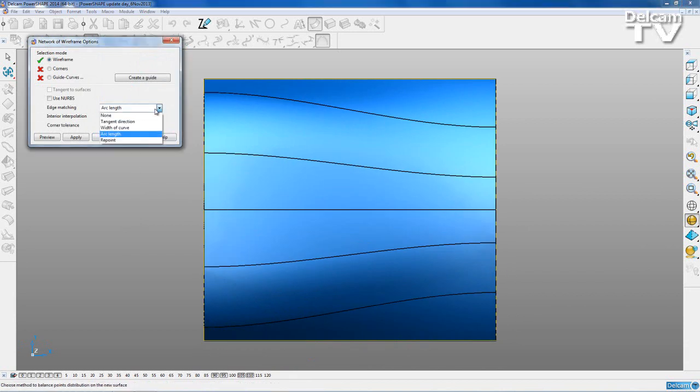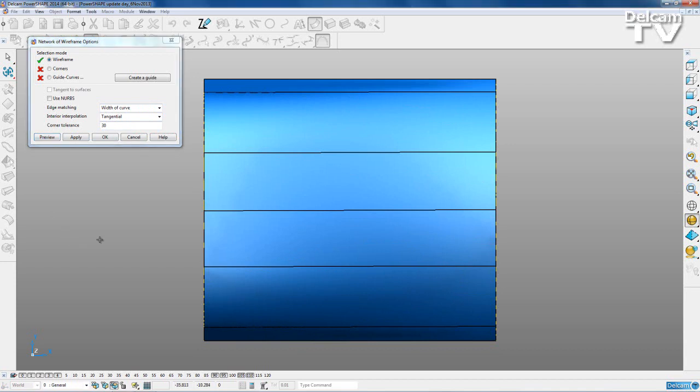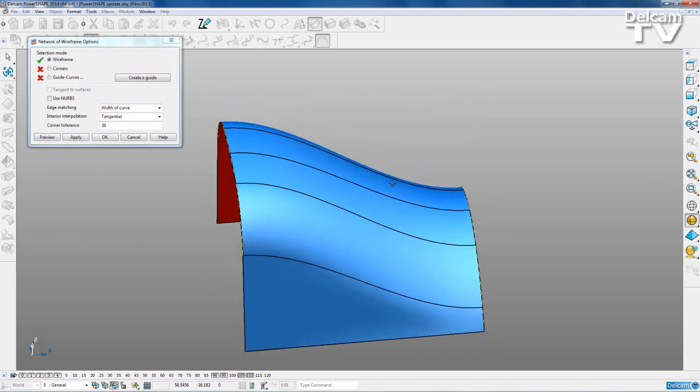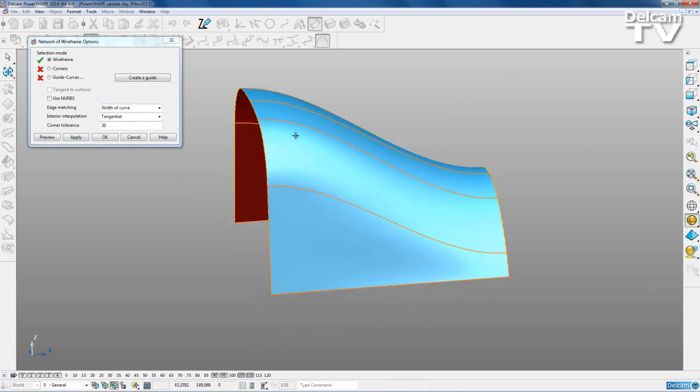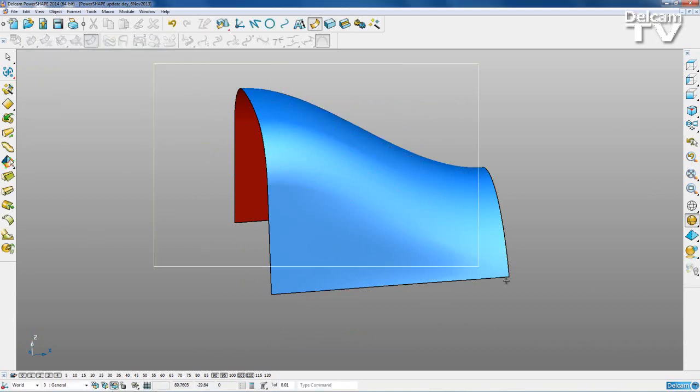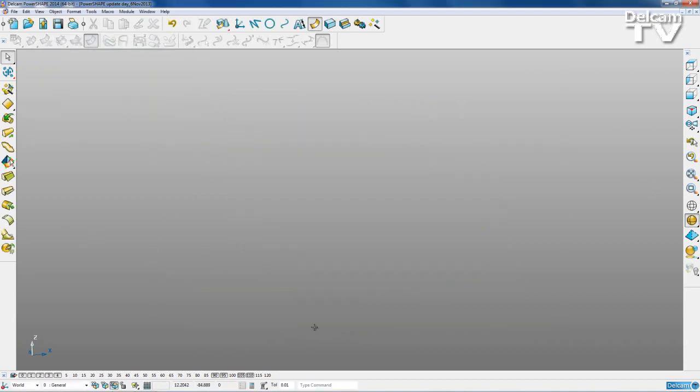and I can choose width of curve and preview that. Now you can see my curves travel along from one to the other evenly, and we get this nice smooth fillet here from one to the other. So I'm going to say OK to that. I'll delete that layer,